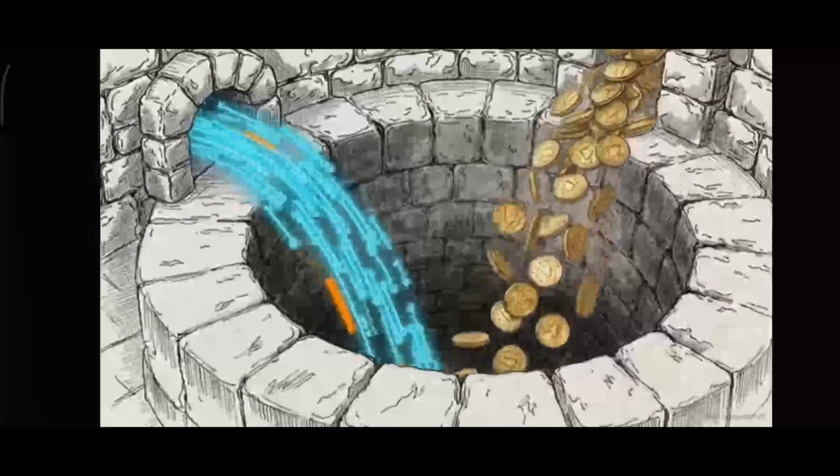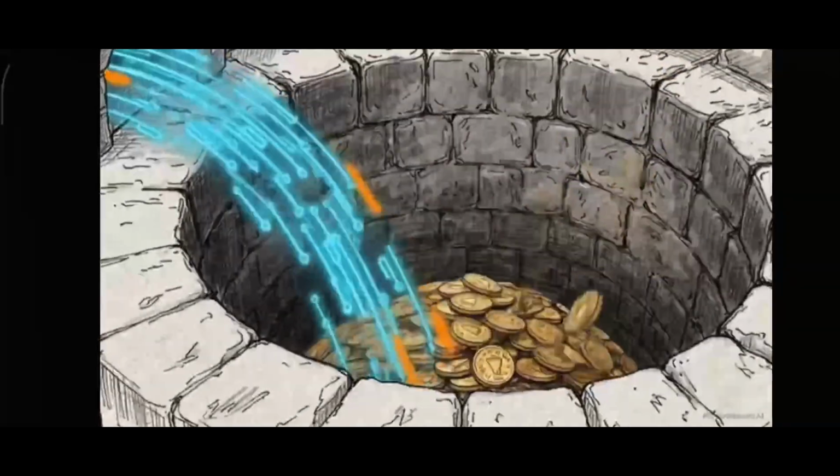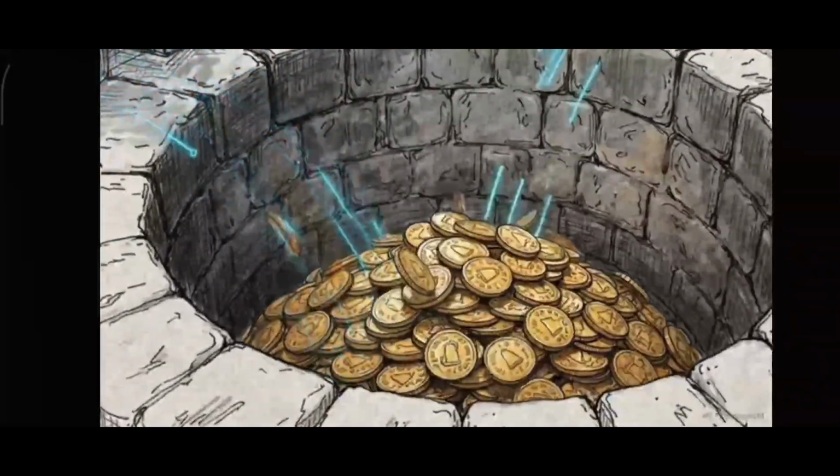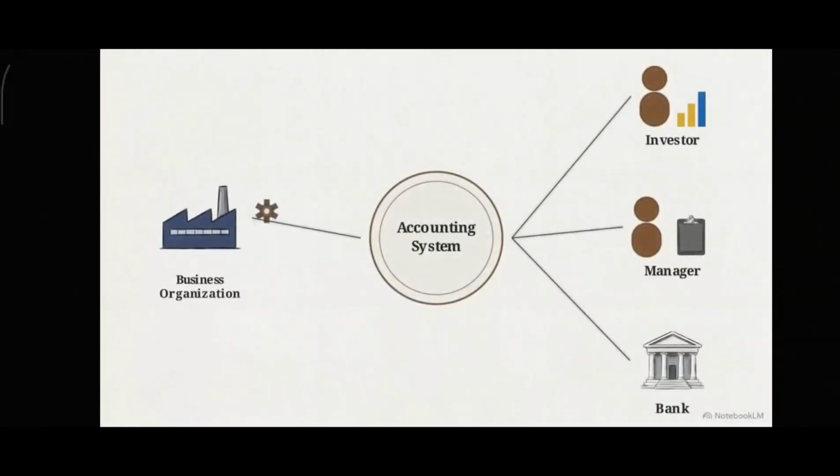Tracking down stolen internet funds, designing global e-commerce payment systems, and guarding an ancient king's gold all rely on the exact same discipline. In a modern business environment, the role of the accountant is that of an information system, collecting and communicating the economic data that connects an organization to stakeholders.